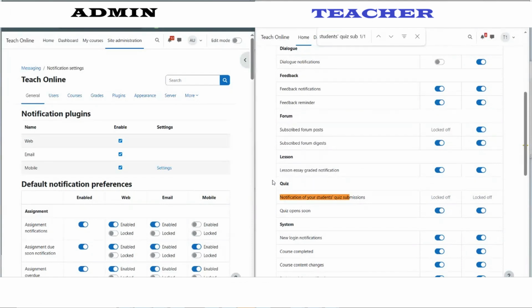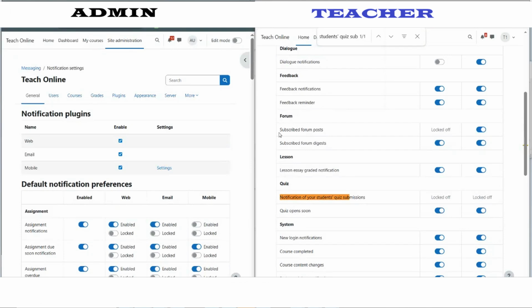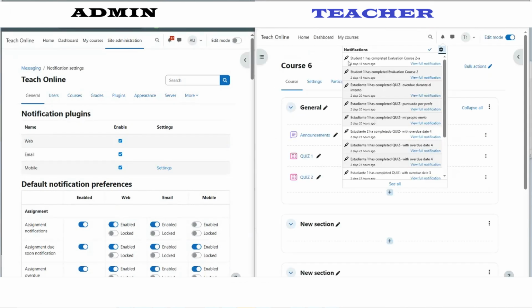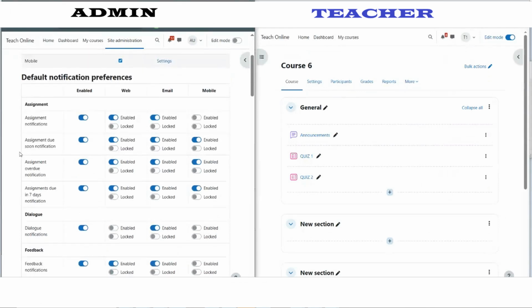Apart from this, let's see the other levels that we have in the list and how we could enable this just for one course. Once we go to the course level, then the teacher role is already available to do the changes, not just the admin. It could be done by the admin or by a teacher. So let's go now as a teacher here, and let's say we want to, well, before we had to disable this